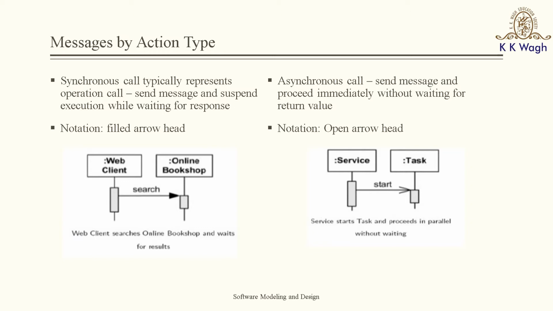You do a similar thing in the next figure as well. Here there is a service object and a task object. You can note that in all these cases, the objects are basically anonymous and you are executing some method of service. You send a message to a task, which is the start message. So basically the start operation in task will start executing. That is the basic structure of sending a message.